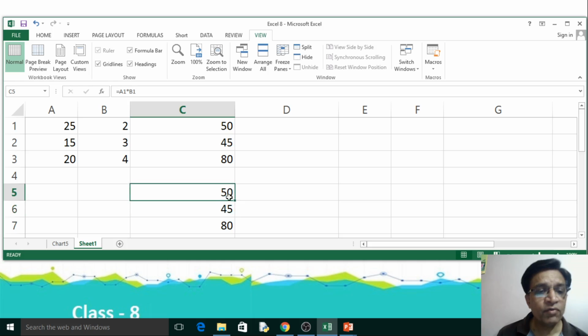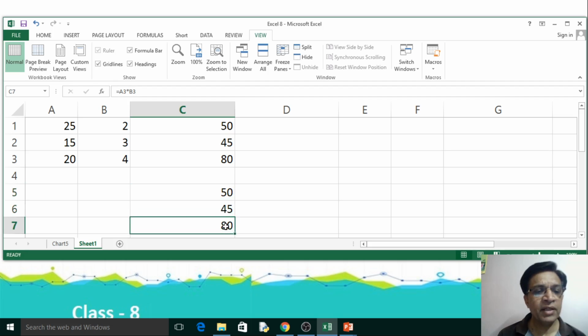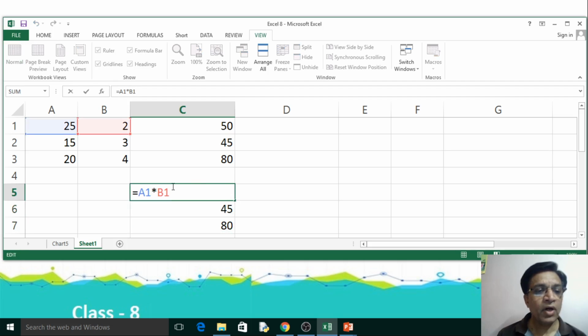But instead of this, I want that when I copy the formula, the cell address B1 should remain as B1. Here in this row also B remains as B. So I just want to fix the row number 1, so I'll put a $ sign here before the row.